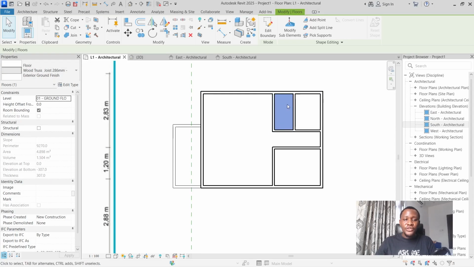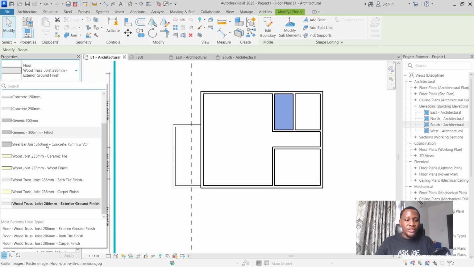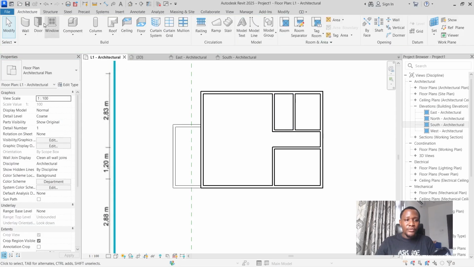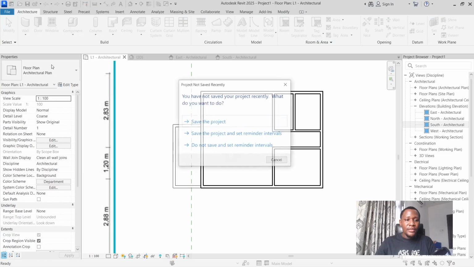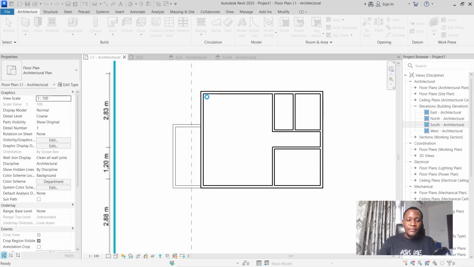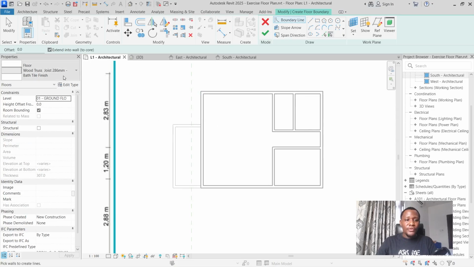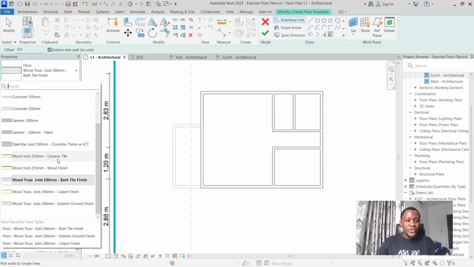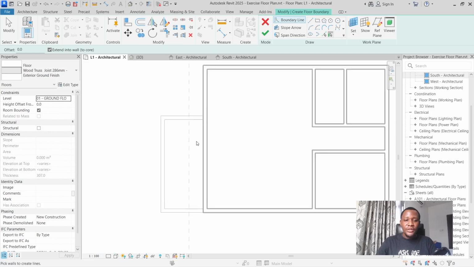So we've mistakenly changed that of the bathroom. So I'm just going to change this back to wood bath tile. And then we're going to create a new floor. And for the new floor, oops, Revit has asked me to save. I wasn't actually saving all this while. Exercise floor. Okay, we're back. For the new floor, we're going to choose the exterior ground finish, and then we're going to